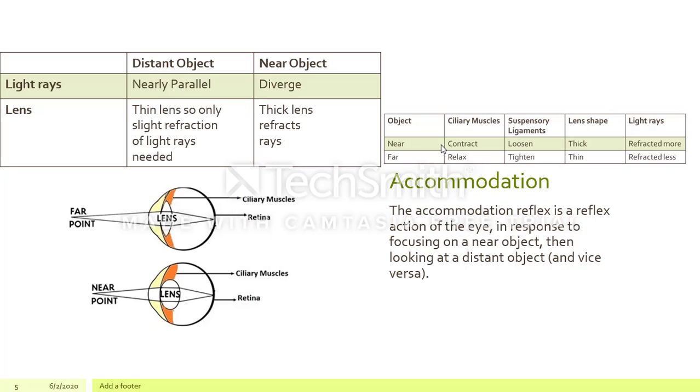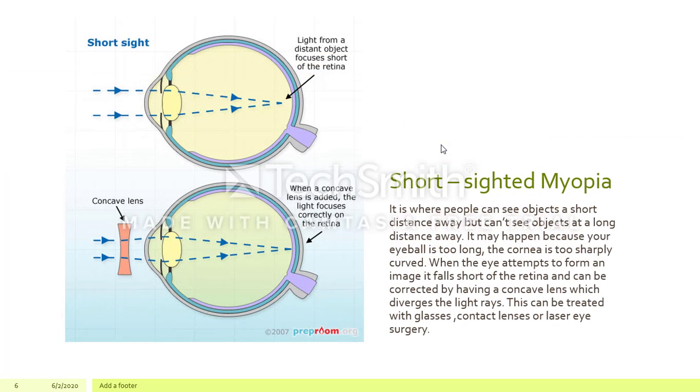If the object is near, the ciliary muscles contract, the suspensory ligaments loosen, the lens shape thickens, and the light rays are refracted more. If it's far, the ciliary muscles relax, the suspensory ligaments tighten, the lens shape thins, and the light rays are refracted less. And now we'll finally be looking at